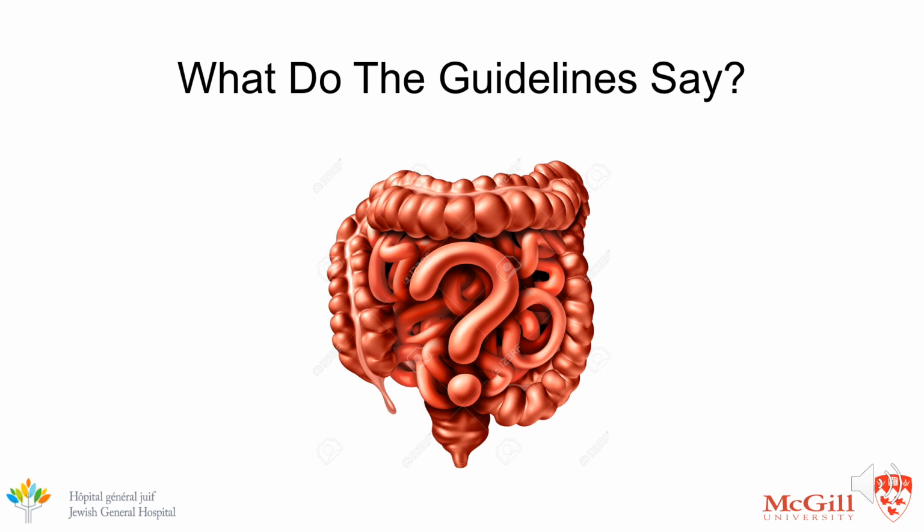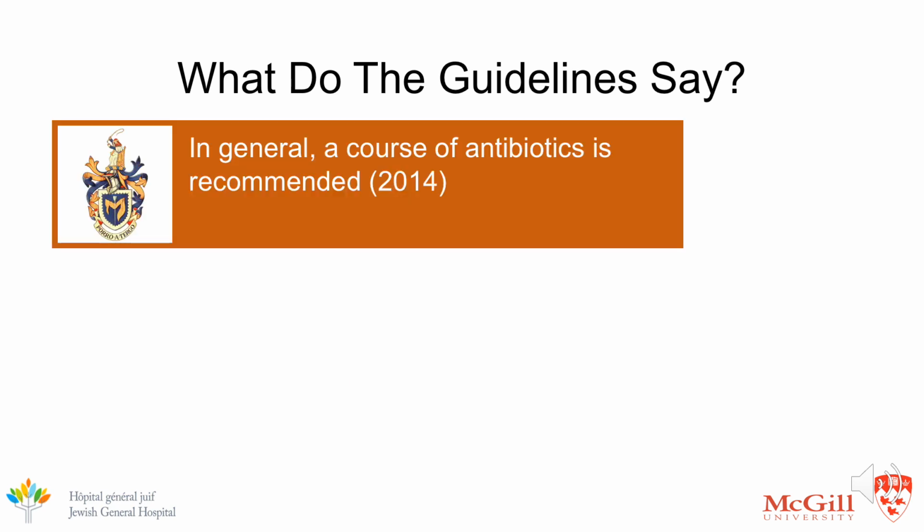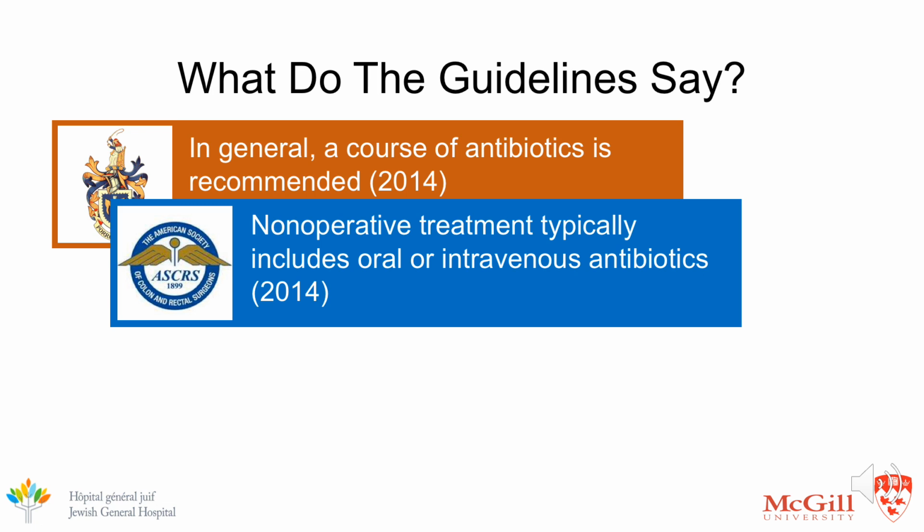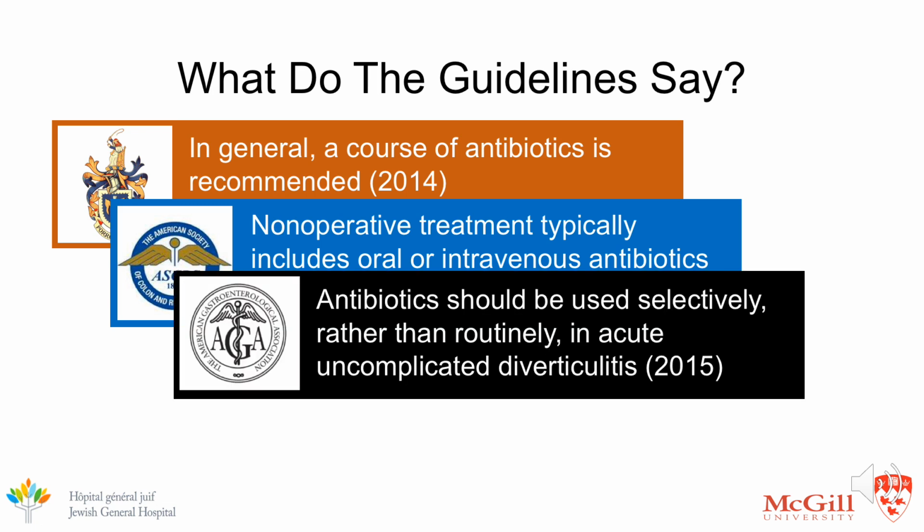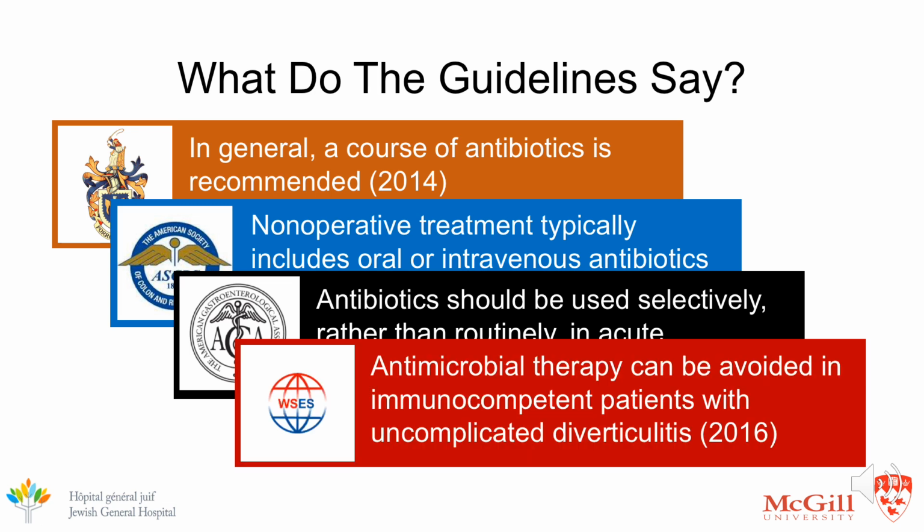So based on this data, what do the guidelines say? Bear in mind that many of the societal guidelines were written before the second randomized control trial was published. The ACP-GBI said in 2014 that in general a course of antibiotics is recommended. ASCRS in 2014 agreed. The AGA in 2015 came out saying that antibiotics should be used selectively rather than routinely. And the World Society of Emergency Surgery said in 2016, even before the publication of Diabolo, that antibiotics can be